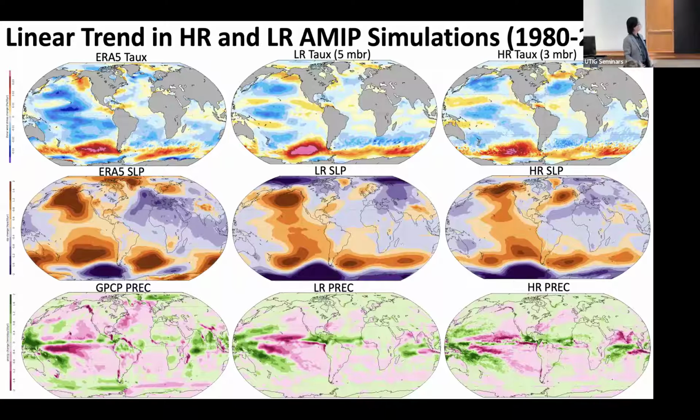So first we look at whether the atmospheric component is responsible for that, right? So we did a comparison between the AMIP simulation, low resolution and high resolution model. So the AMIP, of course, is forced with the observed SST, right? So we asked the question, if the atmosphere model is given exactly the same SST, are they getting a different atmosphere response, particularly in the Southern Ocean?